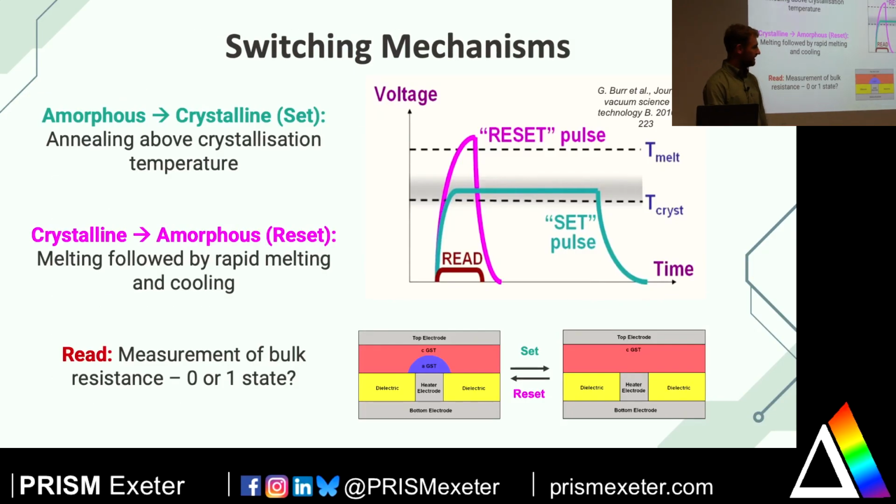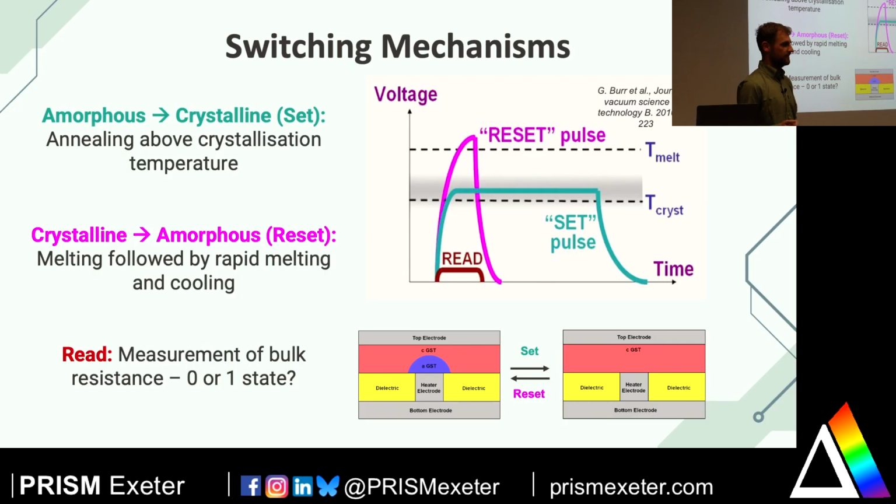But these are the kind of devices that I've been making as part of my research. This is just a brief overview of the switching mechanisms between the two states. Essentially you just need to apply a current and you can switch between the two states. So to go from amorphous to crystalline, you just need to apply a current that causes the material to go above a certain temperature, and then over an extended-ish period of time, a few hundred nanoseconds or something,